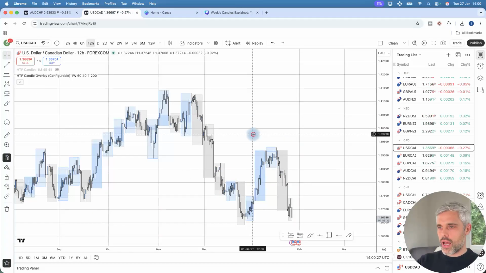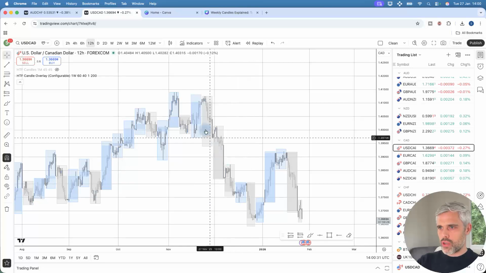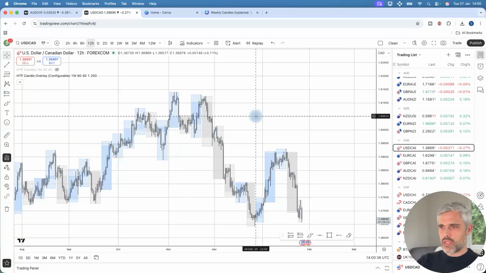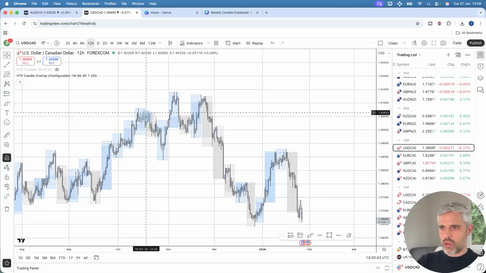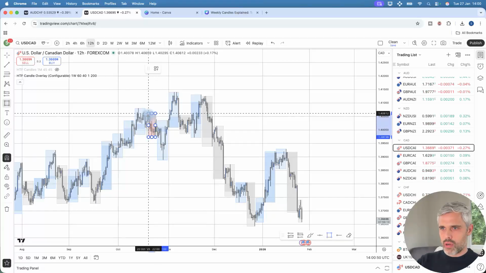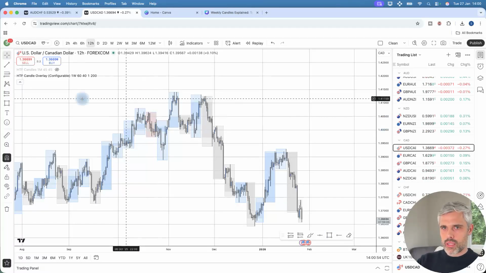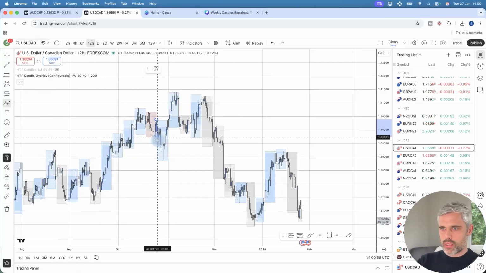So if we go into USD CAD, we can see that price sold off aggressively. So we have these weekly ranges that we can use to actually make sense of what's going on from a higher time frame perspective. So very quickly, you see we have the formation here of a CRT, where we get an accumulation candle that is bearish right here between the high and low, and then price does the same thing that we saw in the last example. We get price selling off,